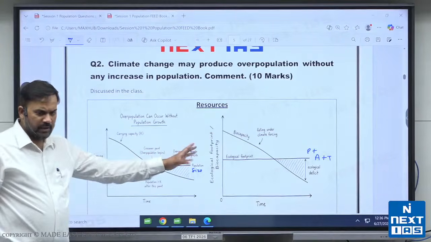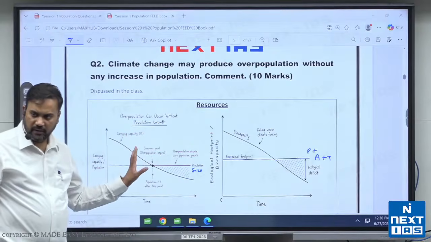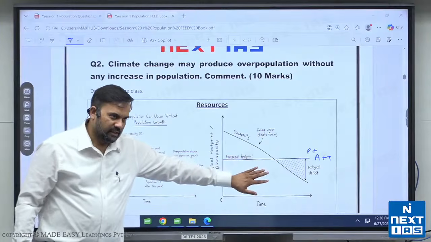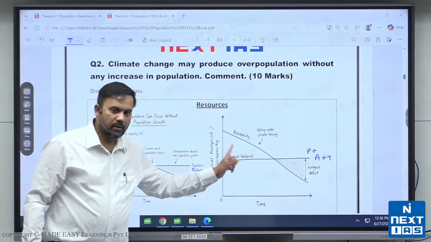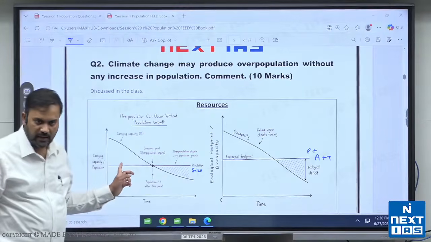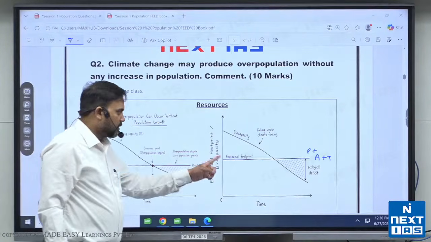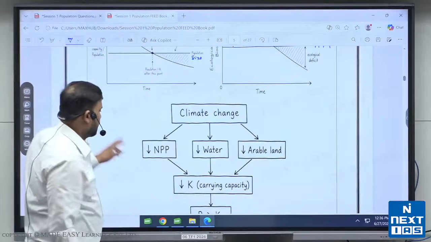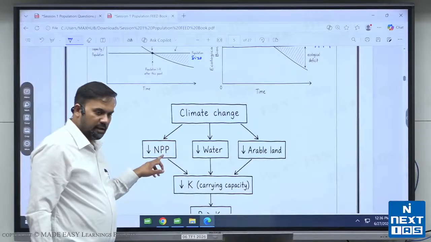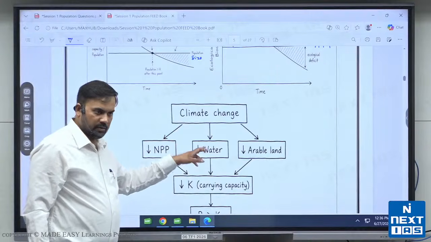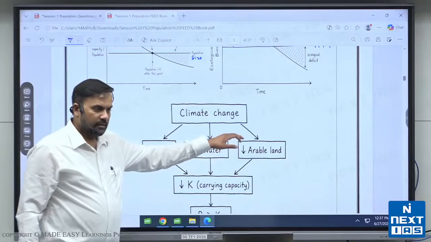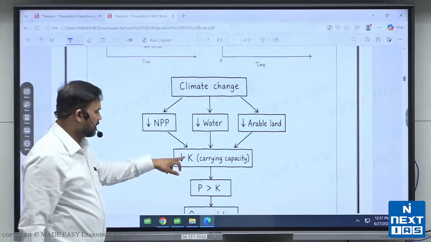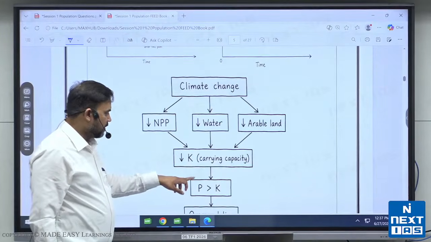Both the diagrams, इसमें से जो भी diagram useful हो, अच्छा लगे वो बनाओ, दोनों बनाने की जरूरत नहीं है, I have given you from both point of view. This one is much more comprehensive because it is talking about the total ecological footprint and not just population size. ठीक है. So both of them you can draw one diagram. एक और diagram दे रखा है. Again it is like how climate change will lead to reduction in NPP, water or resource based shrinkage and the land area or territory loss. तीनों चीजें. And again उसकी वजह से what is happening, there is carrying capacity, as a result carrying capacity reduce